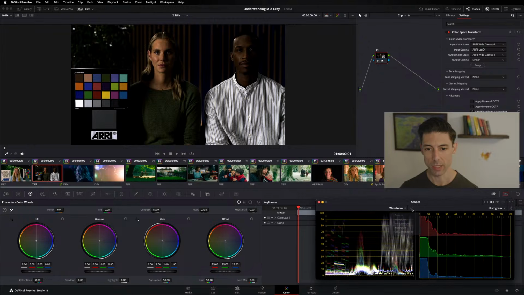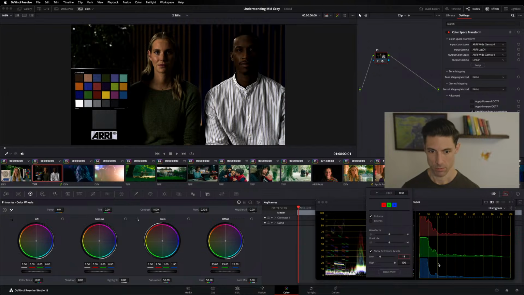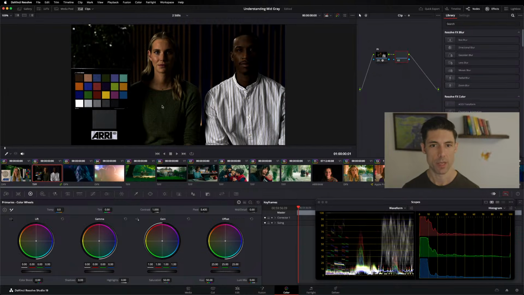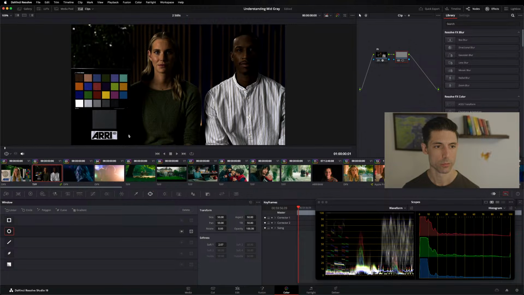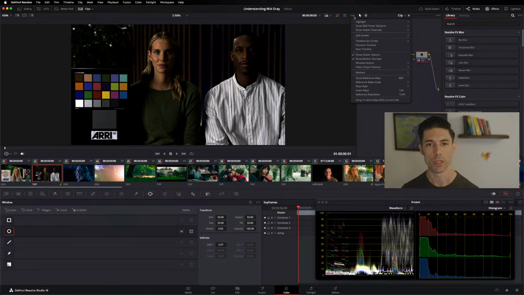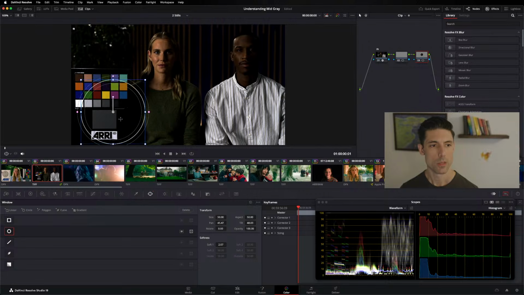And I'm going to set a level on my waveform of 18. And let's look at what happens if I window the, where's my window? Oh, do I need my overlays turned back on? There we go. So if we window this patch,